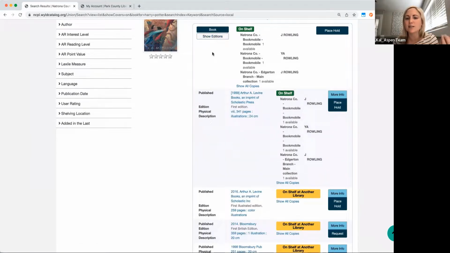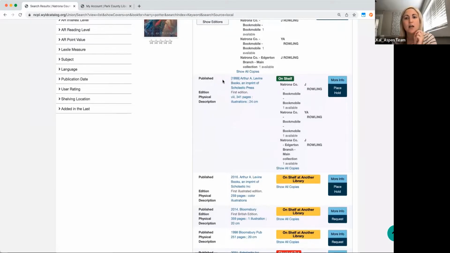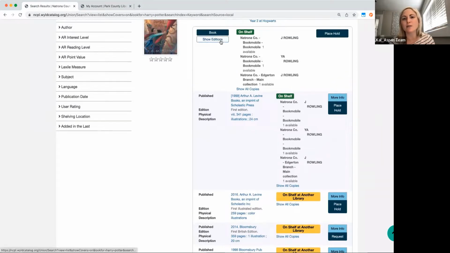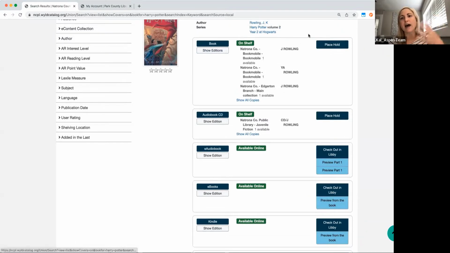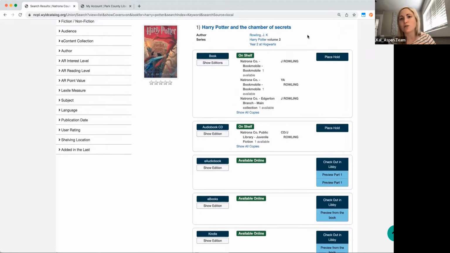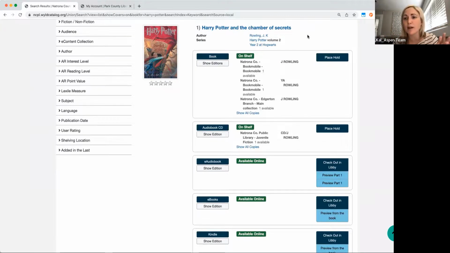If someone does need, for some reason, like I need the 1999 341 page edition of that book for my class. But otherwise, what ASPEN's going to do is it's just going to get the patron as quick as possible one of the editions that's available. So we're not getting so hung up on having you all have to search for multiple pages of information about what's available right now.